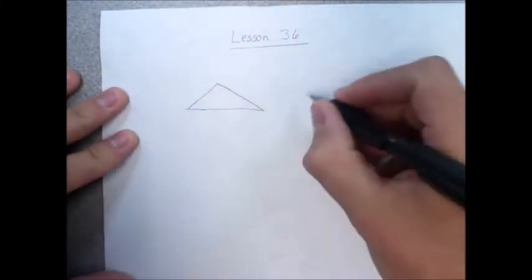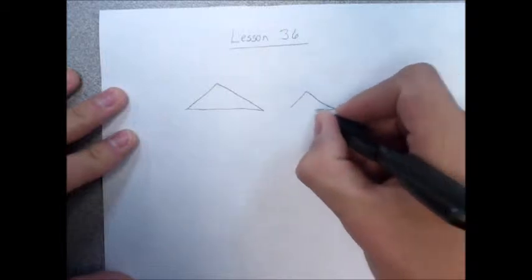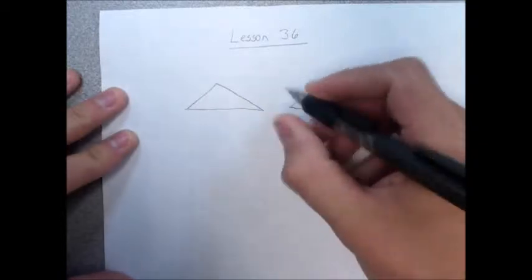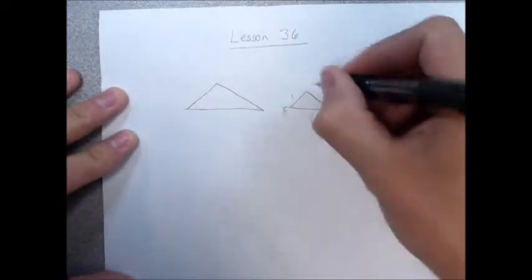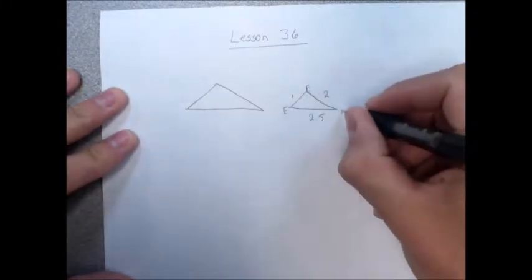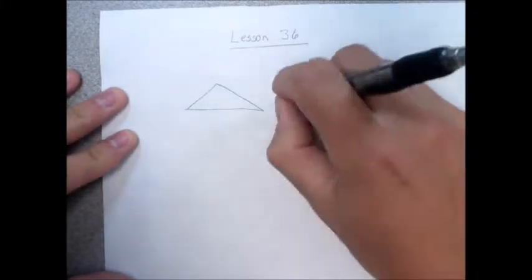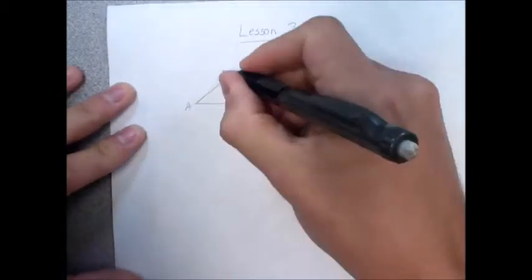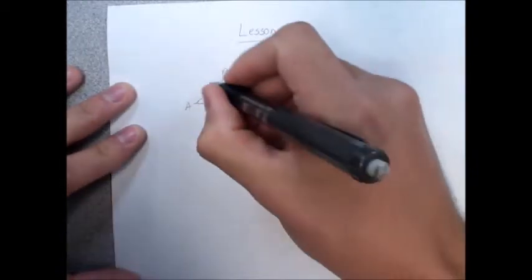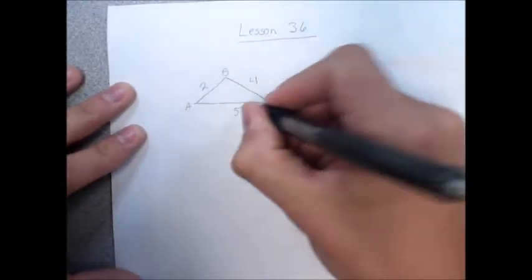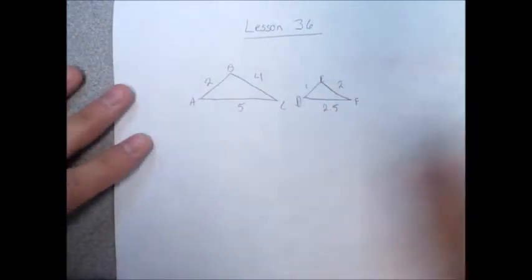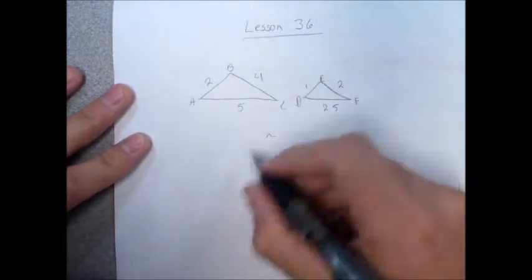If we have two triangles and one's bigger than the other, but they hold the same basic shape, then these two can be similar, but only if they have a common multiple for each side. So we have this triangle DEF on the right, and this triangle ABC on the left. We have 2, 4, 5 for our measurements here. Now, if this is a similar figure, this will be our sign for similar, it's just a squiggly,